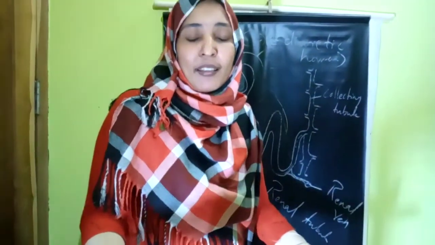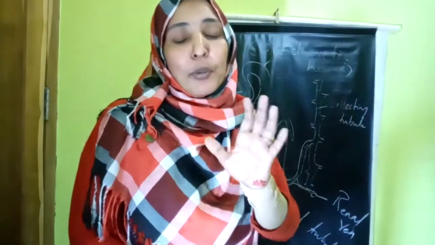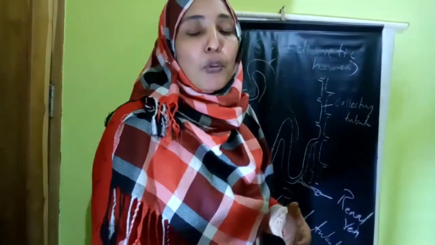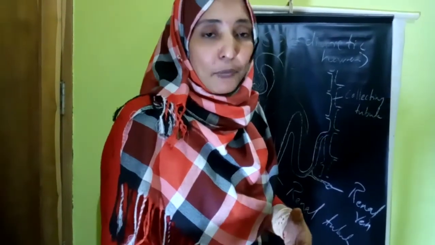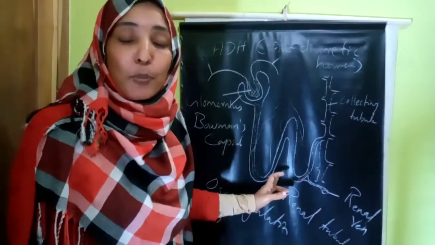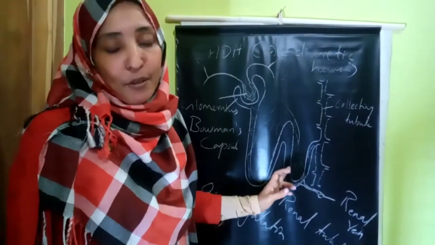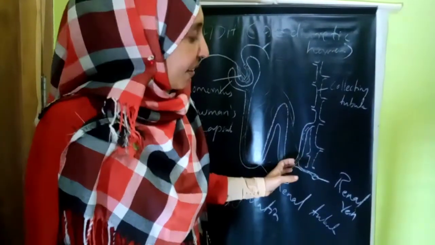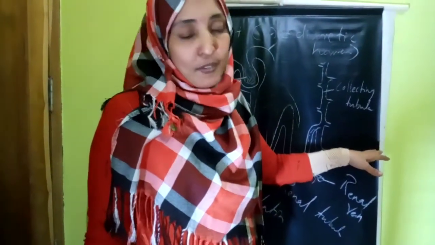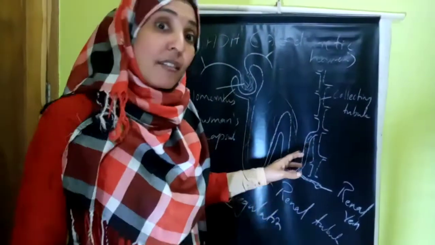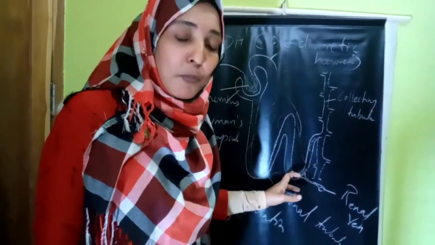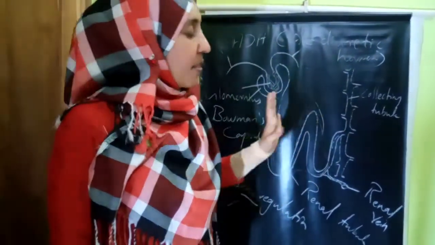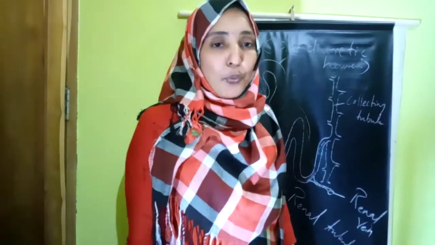So what is osmoregulation? That is the maintaining of our water and ionic balance in our blood and body. During winter season and summer season, the amount of urine produced differs, based on the tubular reabsorption of water by the nephron. During winter season, the tubular reabsorption is very high, and the amount of urine produced is very less. During summer season, just the opposite happens. Tubular reabsorption will be very less and the amount of urine produced will be very high. So this is the structure and functioning of the nephron. Okay, that's